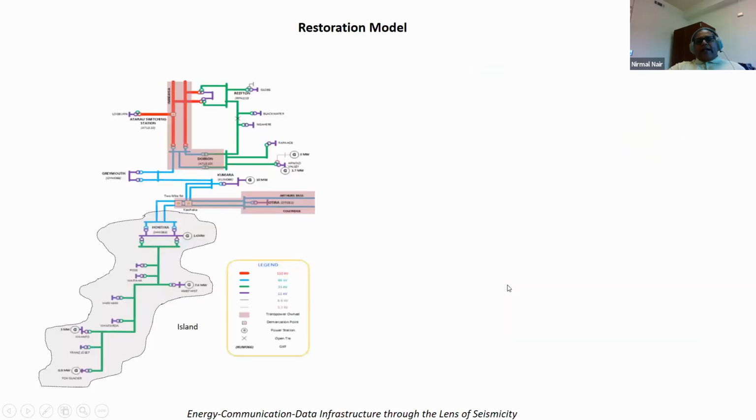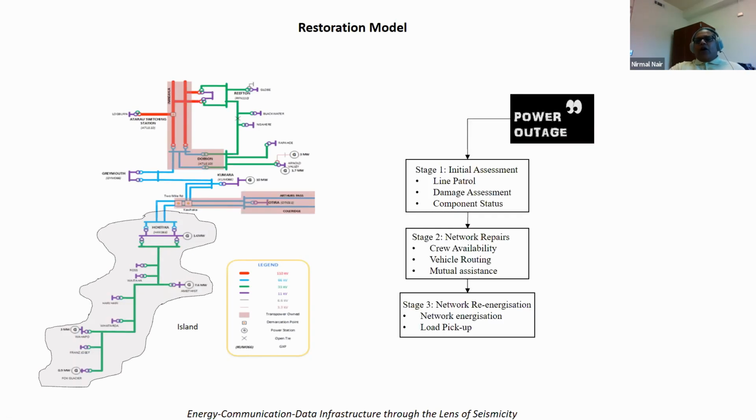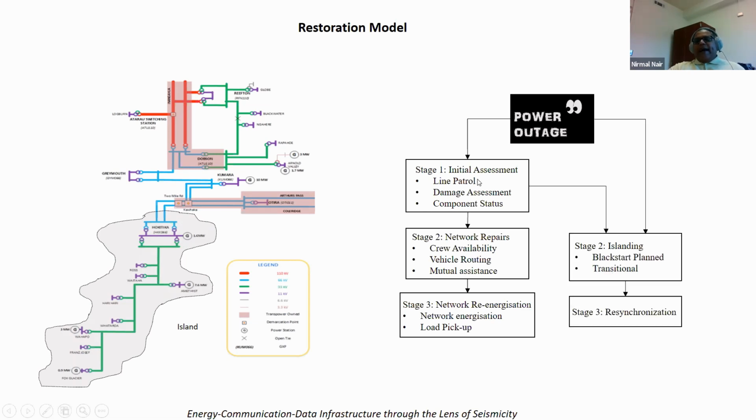Proceeding further, we now have the capability to do some restoration modelling from the moment the outage starts, which depends mostly on the transport network, the re-energization crew, and things like that. And coming back to the system, whether you can really operate this network independently was a new innovation which we have proposed, called islanding, so that this can stay together for as long as you have resources,